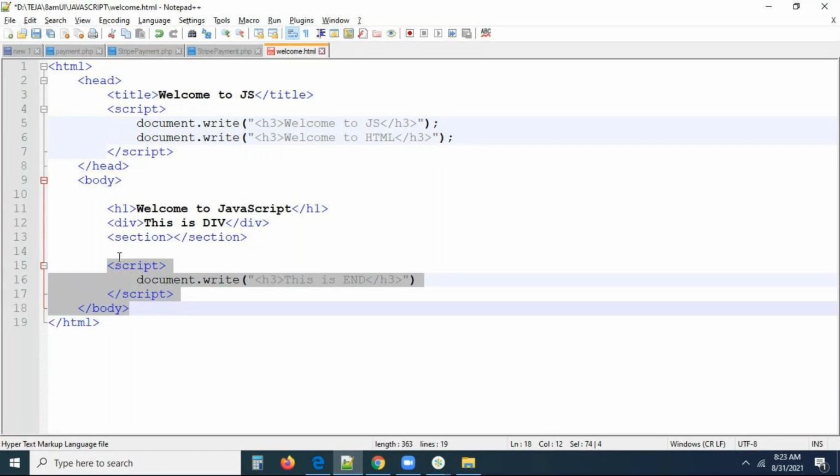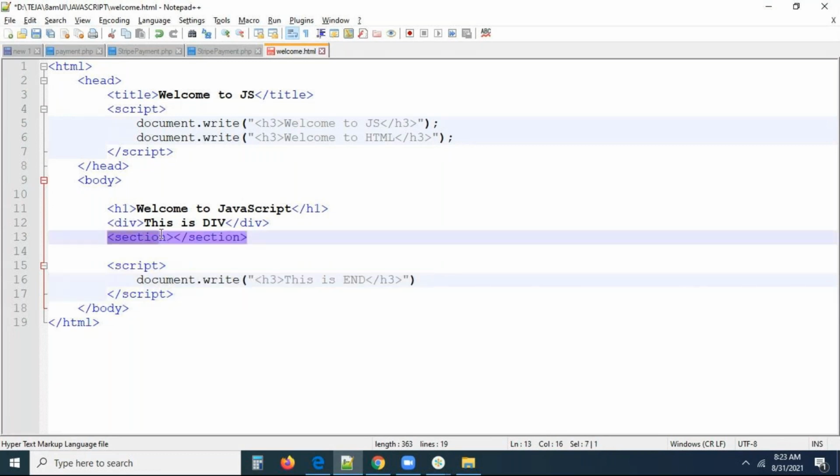No, no, I want to print the three H3 tags exactly inside this section element only. This section element should contain three H3 elements. I want exactly that. So how can we print some output exactly on some position, some particular area on the screen? There is something there, guys. Wait for some time. We will use that concept and print the output onto the